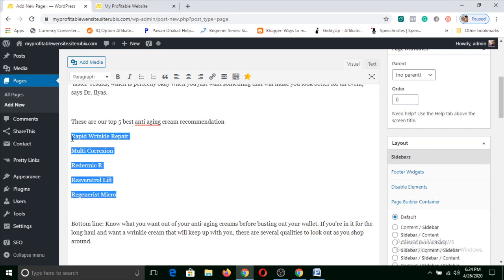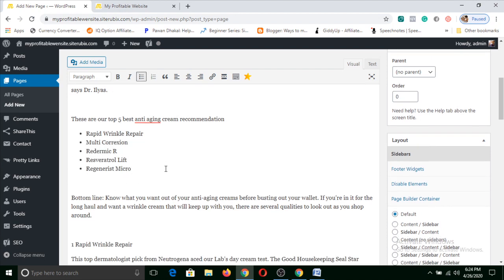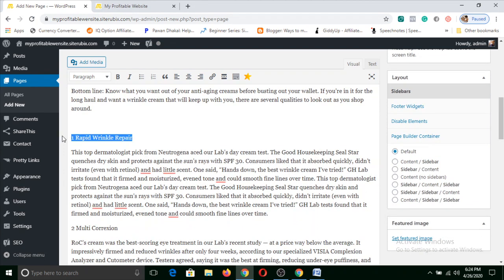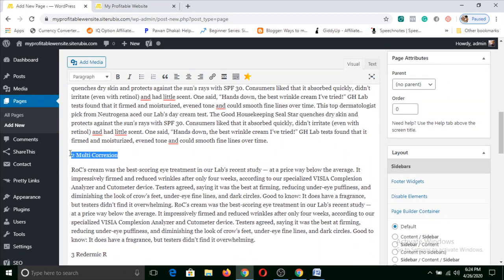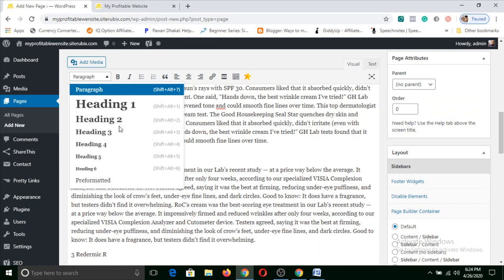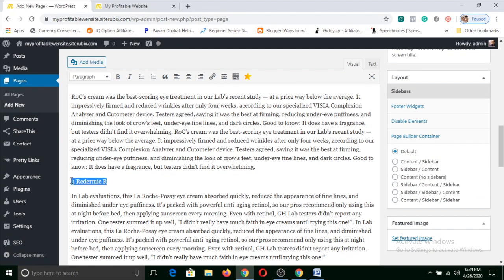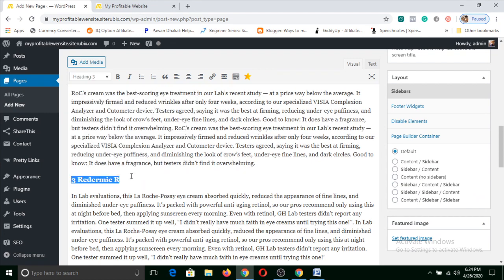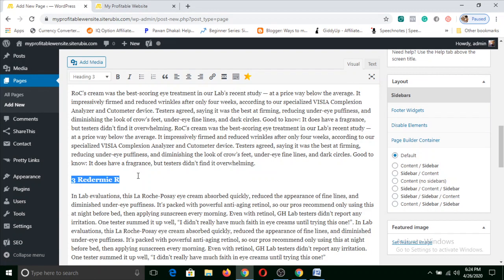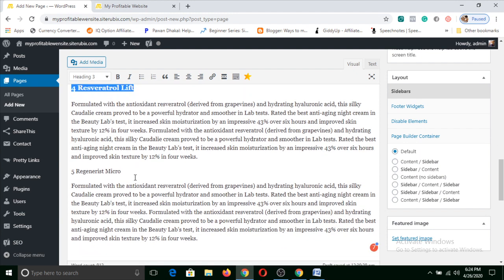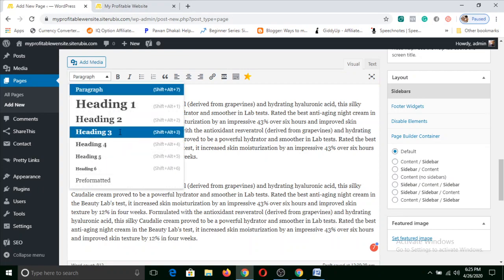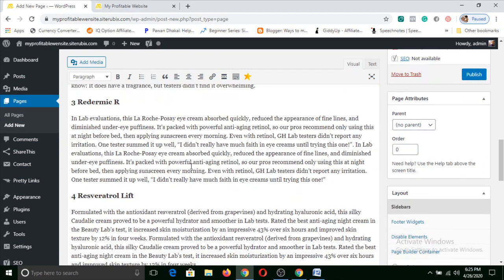Once you paste this article, these are the products that I am going to make in bullet points. This is one product, the top product, that we'll make heading 2, and here is another product that we'll make heading 3. Here is another that we'll make heading 3. We can make it heading 2 also, but we'll make it heading 3 here. Now let's make it all heading 3. So I already have my top 5 products that I am going to promote.